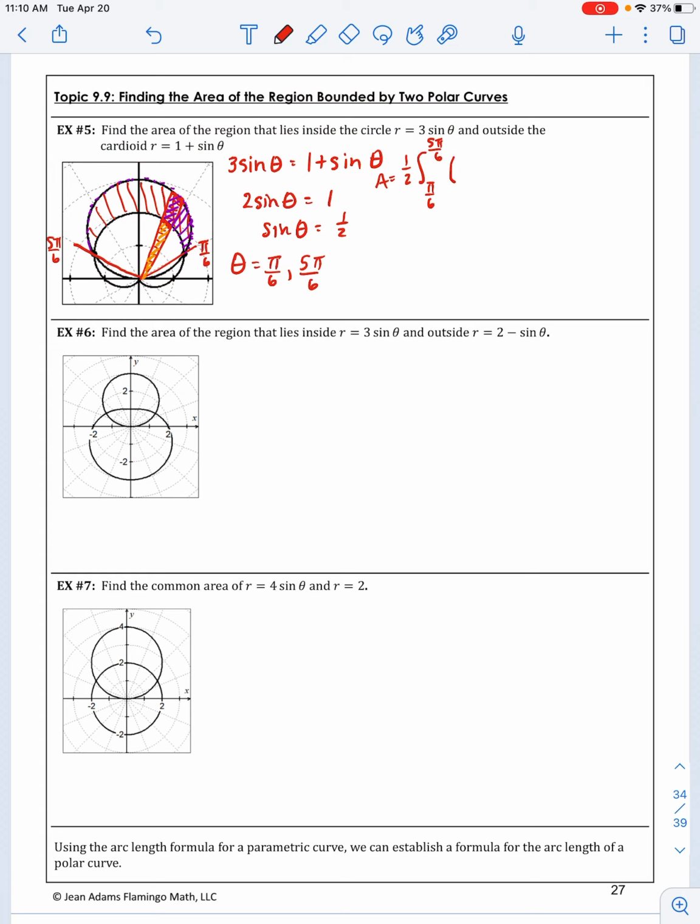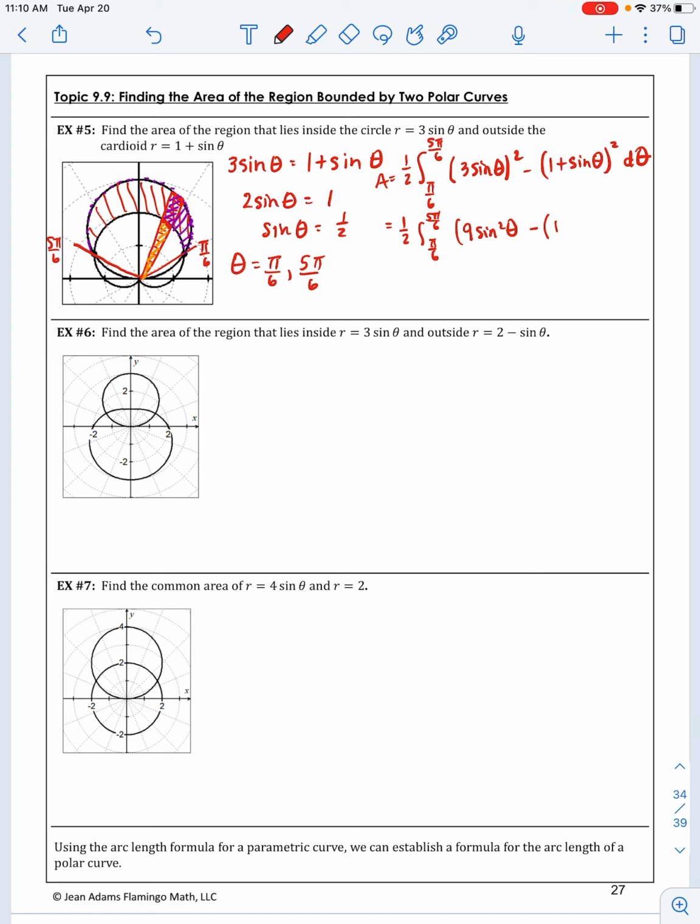All right, so I'm going to go back to red. And so we said that we're going to do the 3 sine theta squared minus the 1 plus sine theta squared d theta. That's going to be how we get what's left there. So this is going to be 1/2 integral from pi over 6 to 5 pi over 6, 9 sine squared theta